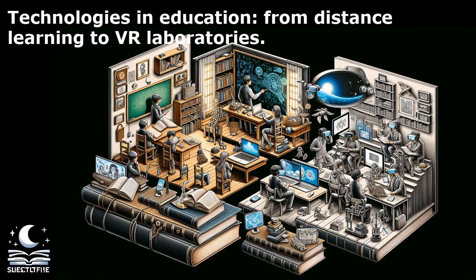concepts. Research has also indicated that VR laboratories can improve critical thinking skills and problem-solving abilities, as students are challenged to apply theoretical knowledge in practical scenarios. As educational institutions continue to embrace technology, the integration of VR laboratories is expected to revolutionize the way students learn and interact with course material. By leveraging the power of VR technology, educators can create engaging and interactive learning experiences that inspire curiosity and foster